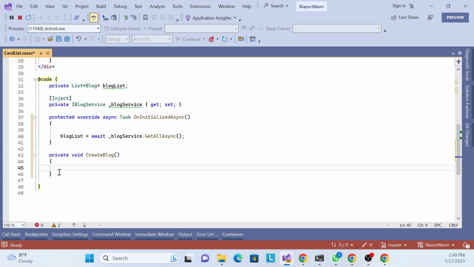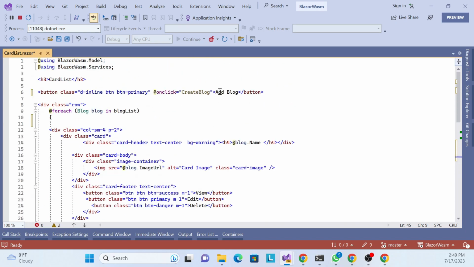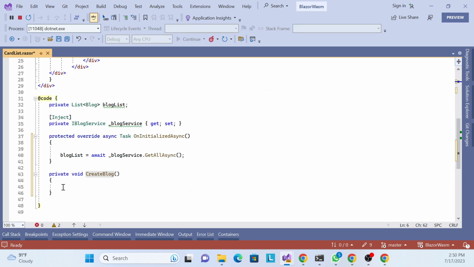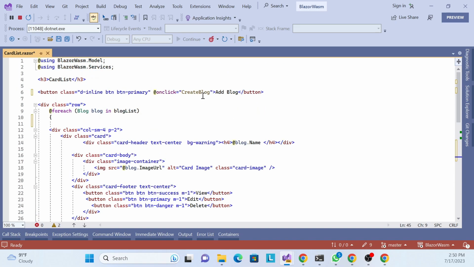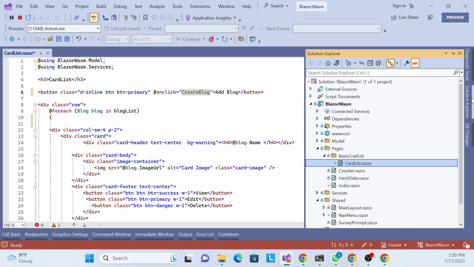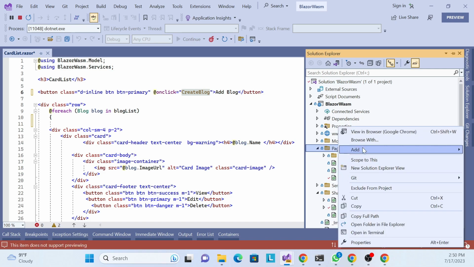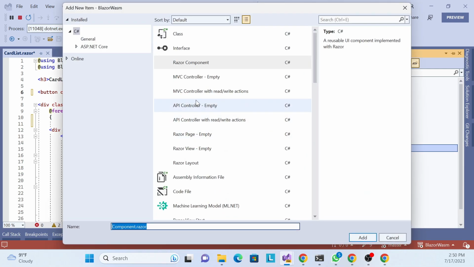Now once the user clicks this event, I need to navigate to our add blog page. That means we have to create one page. We can create the page inside the Pages folder. So right click, add a razor component, and call it